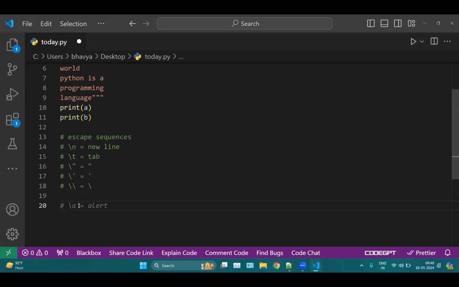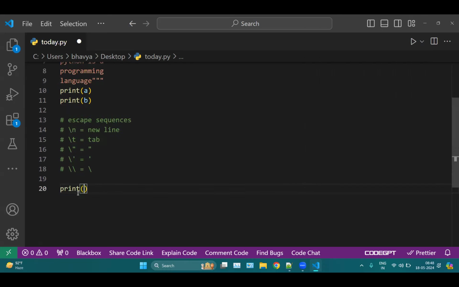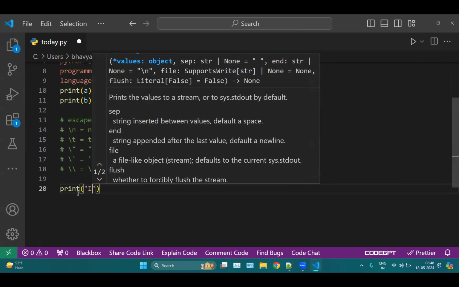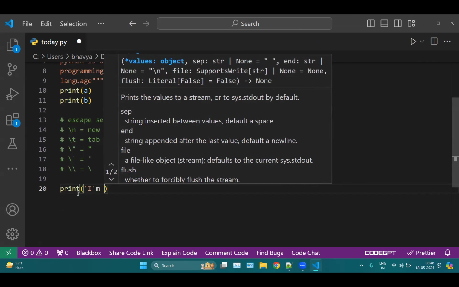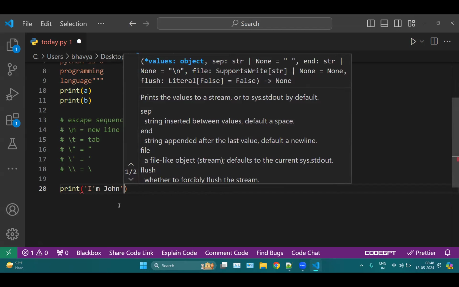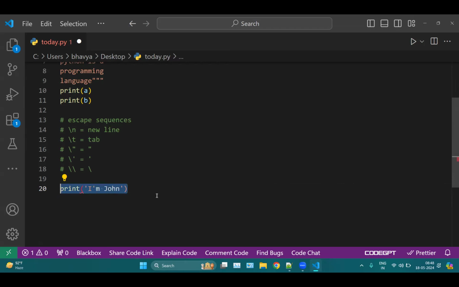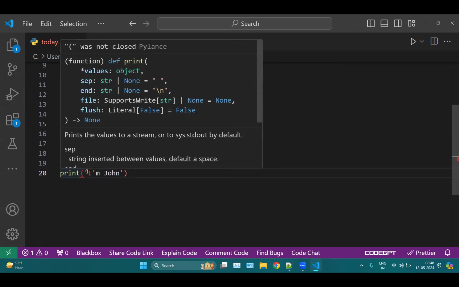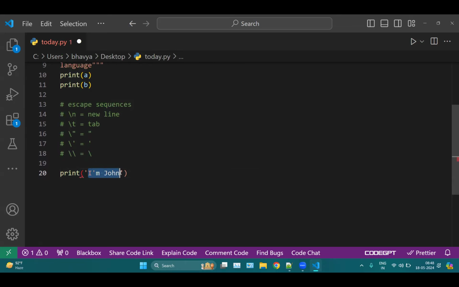Now, what are escape sequences? Let's say you want to write print I am John, like this one. You have to write I am John. But you can see there's some error in my string. Exactly. So here you can see I have written exactly the string, which is I'm John, enclosed inside quotations. But here, because of this apostrophe of I'm, we have this particular problem because we cannot use single quotation inside single quotation, double quotation inside double quotation. So here we can write, we cannot